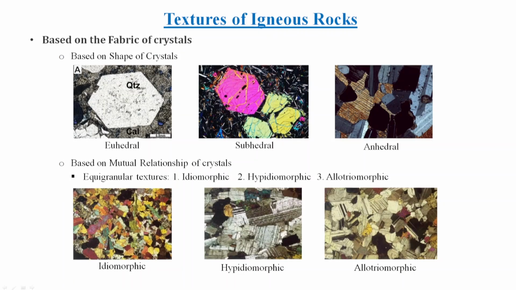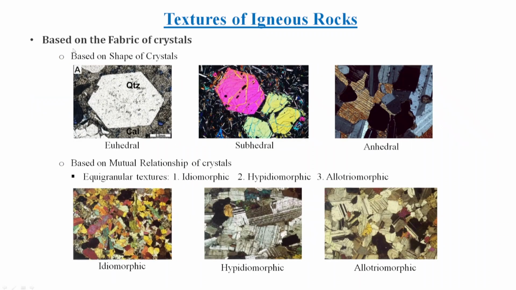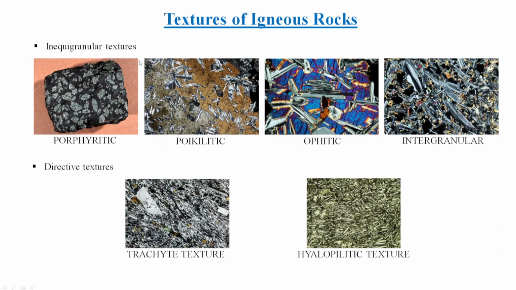Continuing with this, based on the mutual relationship of the grains, there are a few more textures which are grouped under inequigranular texture. The earlier ones, idiomorphic, hypidiomorphic or allotriomorphic, are the types of equigranular texture. Equigranular and inequigranular textures are broadly differentiated based on the average grain size of